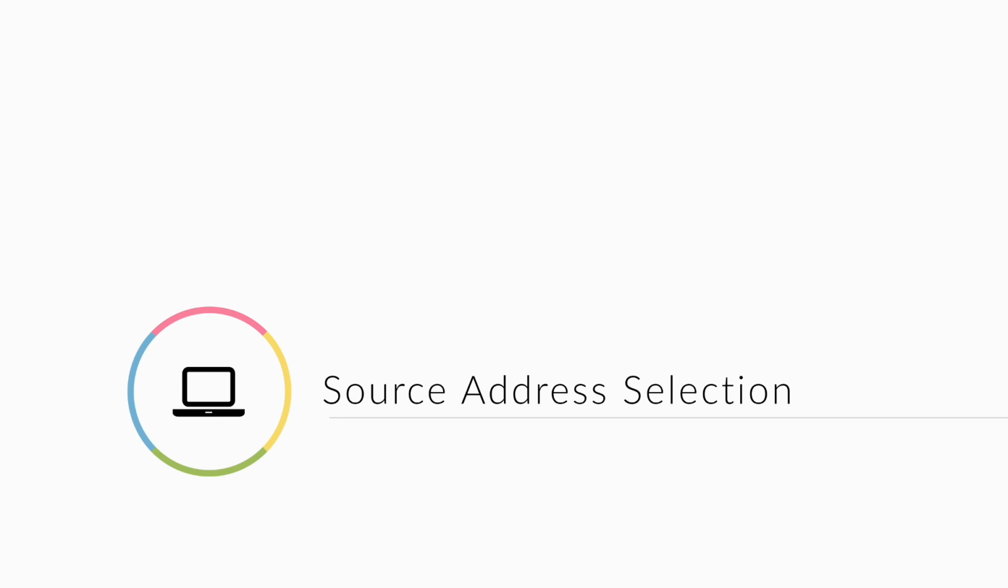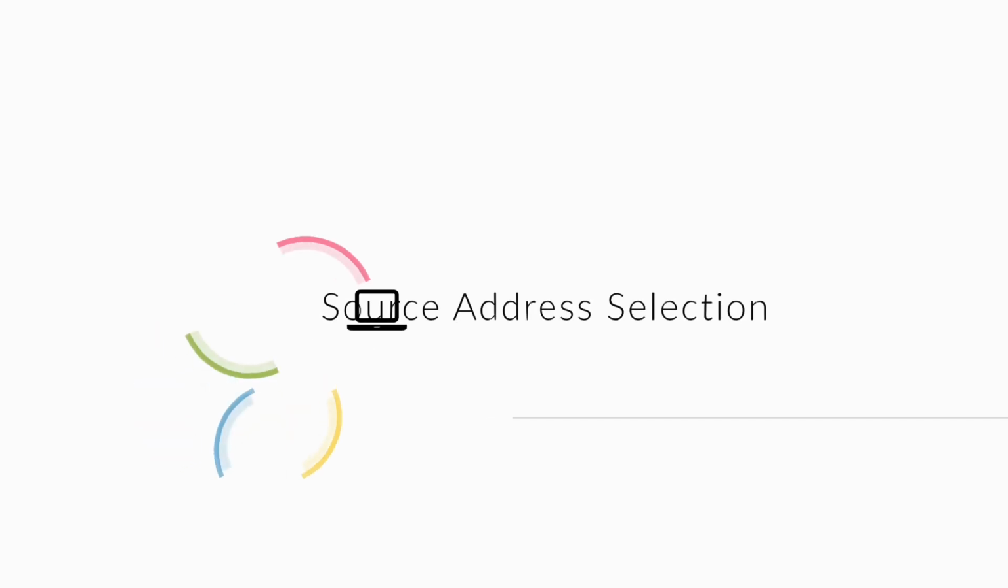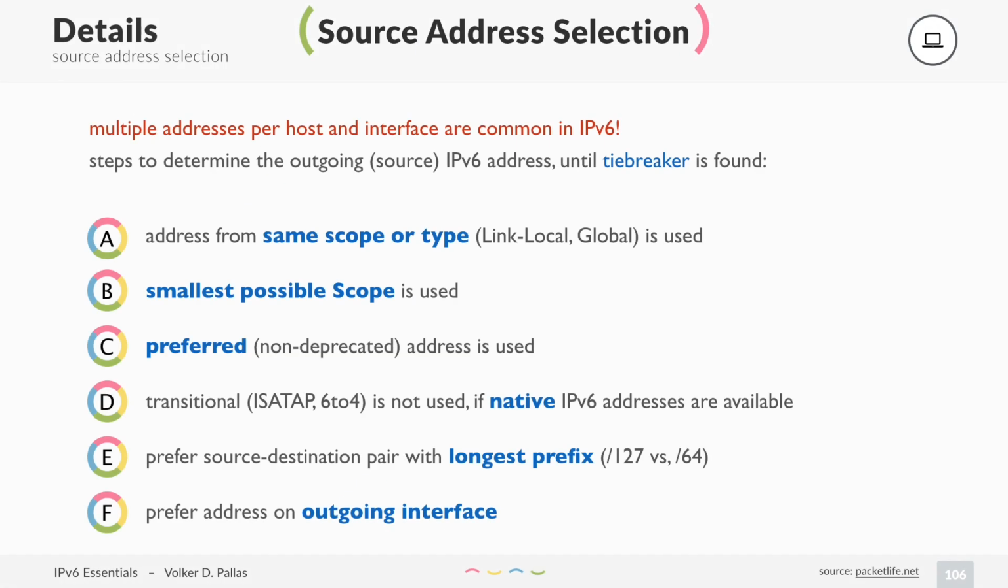Let's have a look at the source address selection. If you have multiple addresses per link, or at least you can have, then you have to find out which address to use as a source if you're communicating to your local neighbor or communicating to the Google server. There are multiple steps. So in IPv6, it is common to have multiple addresses per interface, and you have to